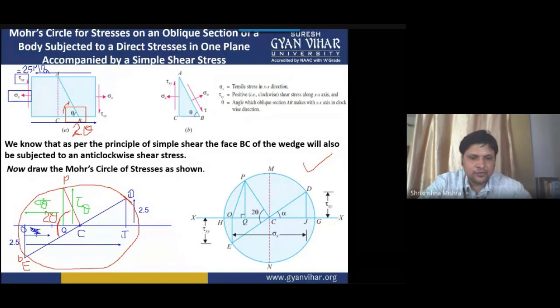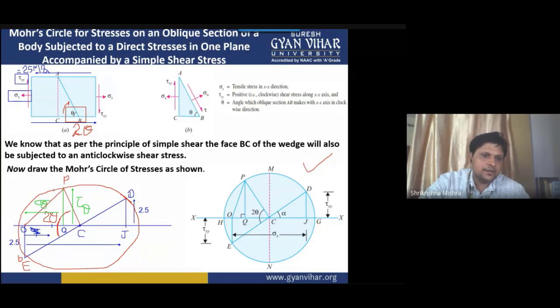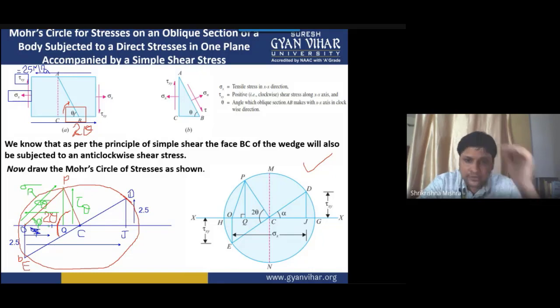All right, and if you want to calculate the value of resultant stress, then how will you calculate? You will join this P with this O. Students, this length from here to here will give you the value of resultant stress. Angle of obliquity you can obtain from here. This particular angle you measure, whatever you are getting, that will be your angle of obliquity.